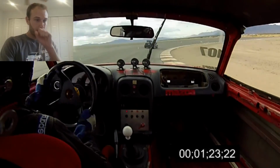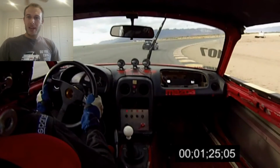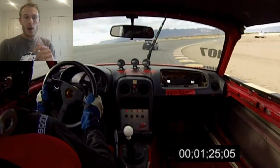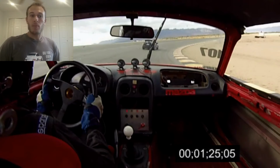Now I got a little bit right there, just a little bit. And you notice I wasn't able to get all the way down to that apex. Now that's not because the car wouldn't go there. It's because I'm kind of cutting my losses here. If I had gone further down, I would have caused more tire slip and lost a little bit more momentum. And because we're already at such a high speed here, I'm trying to keep as much momentum as possible. So I decided to sacrifice a little bit of distance travel in favor of a little bit more rolling speed,